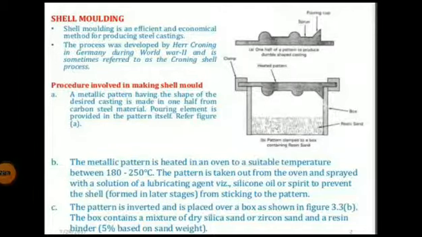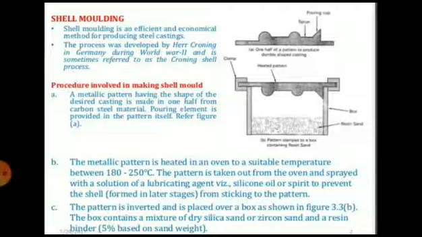Good morning. Today we will discuss special casting processes, in which we will see the shell molding process and the CO2 molding process. In a shell molding process, the mold is formed from a mixture of fine sand and thermosetting resin binder. That mixture is placed against a heated metal pattern. After heating that mixture over a pattern, a shell is formed, and those shells are used to make a mold.